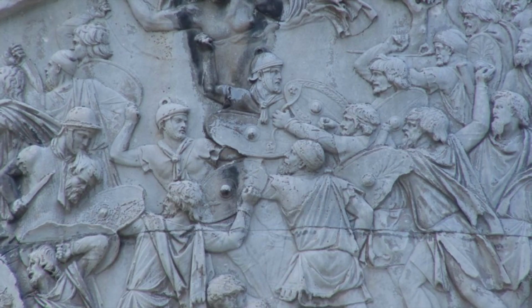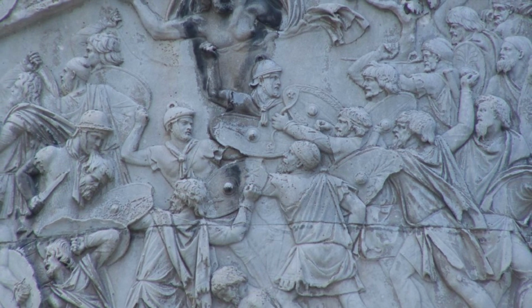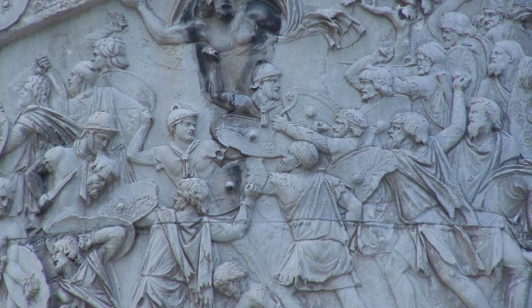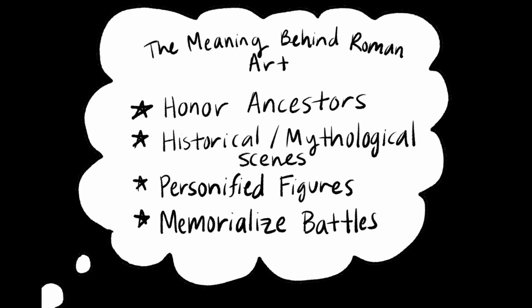The column could be considered propaganda. The reliefs show Romans as clean-shaven and modern, while the Dacians were shaggy with leggings to show that they were like barbarians. Art from the Roman era liked to honor ancestors, show historical or mythological scenes, personify figures, and memorialize